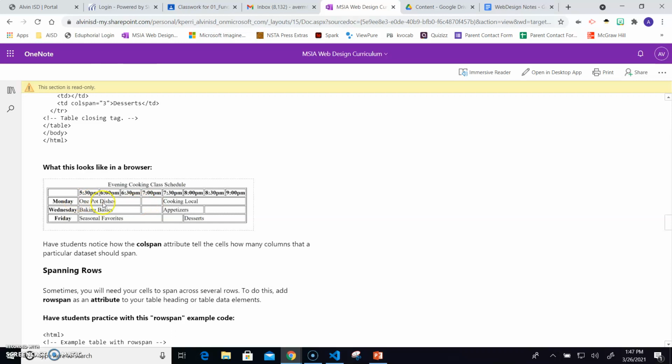left to right. Okay, so for instance, this person is doing cooking classes and they're trying to schedule their classes for multiple times. Okay, so they would have it from 5:30 to 6 to 6:30, and it would end at 7. Okay, so normally you would have 1, 2, 3 different cells right here, but this is just one big cell that is